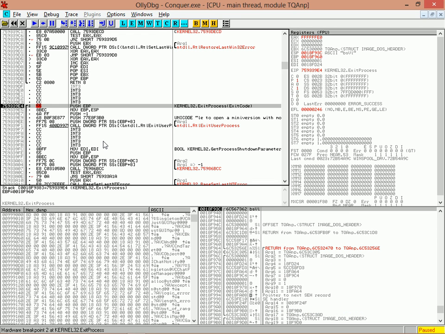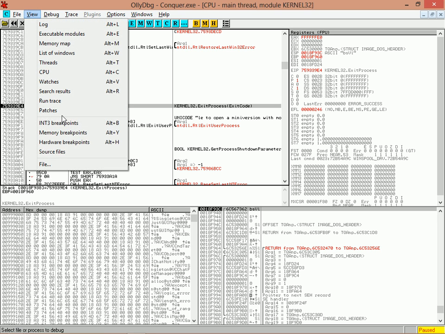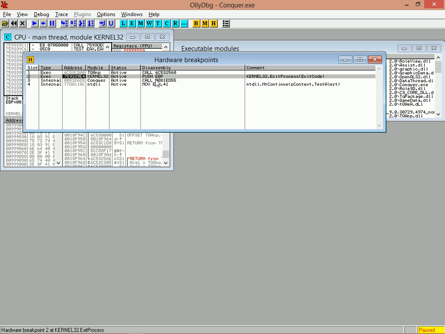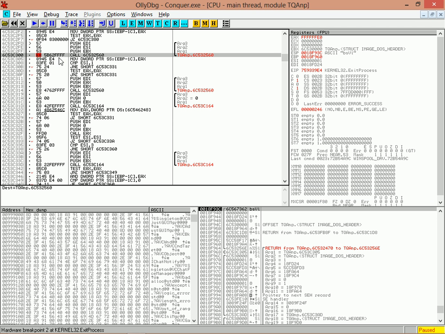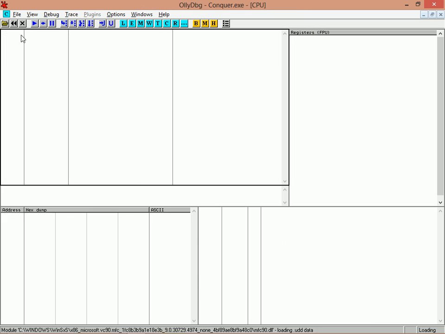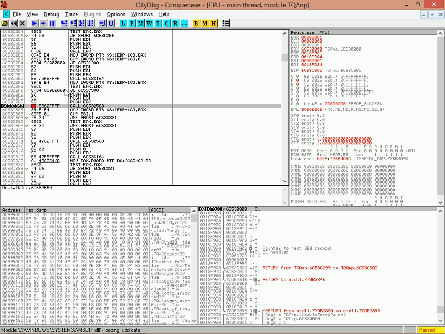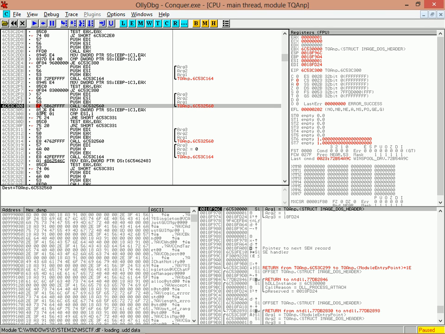So let's hit F8. Now we can see that it did trigger that breakpoint and the exit process function was called. So now we know that this call here, where my second hardware breakpoint is, really calls the exit process somewhere along the line. So I'll restart my process and it'll take me straight back to this breakpoint here, which is really useful, and